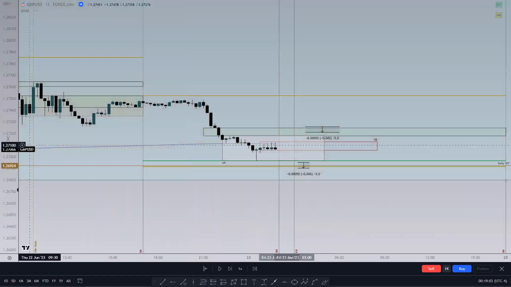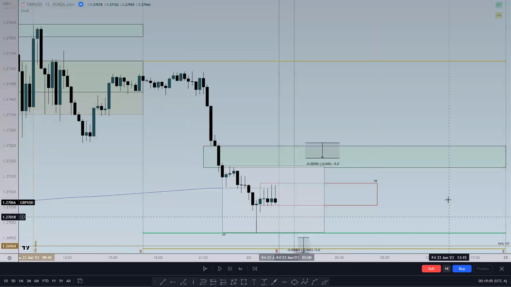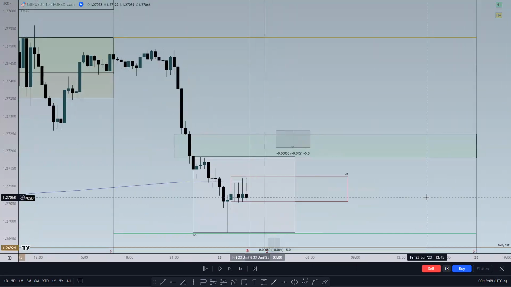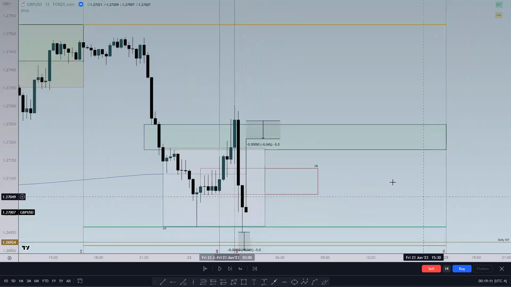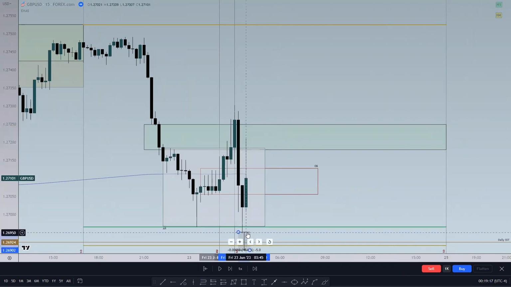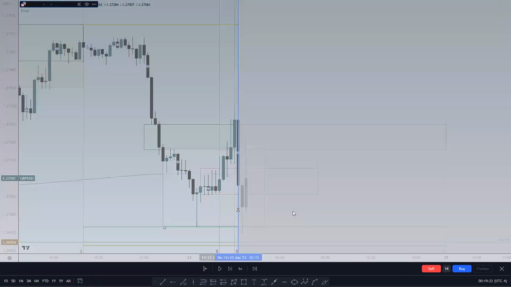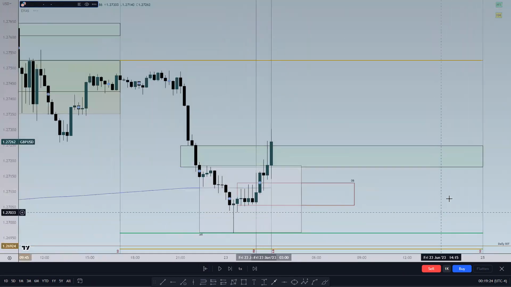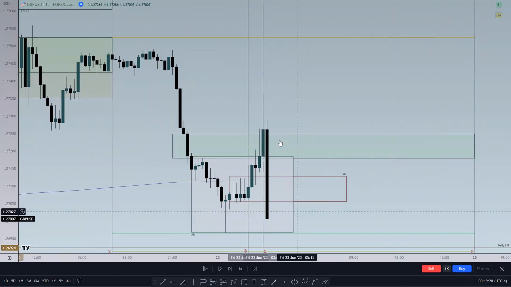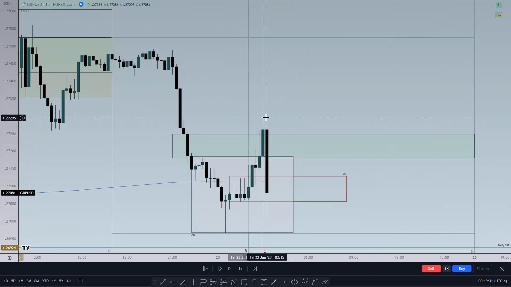So going on to the 15 minutes time frame, we're now looking for some kind of move outside of the Asian range before the London Open. There we go. So London Open, we can see the price took out, traded, gave us a bullish break outside of the range, traded into